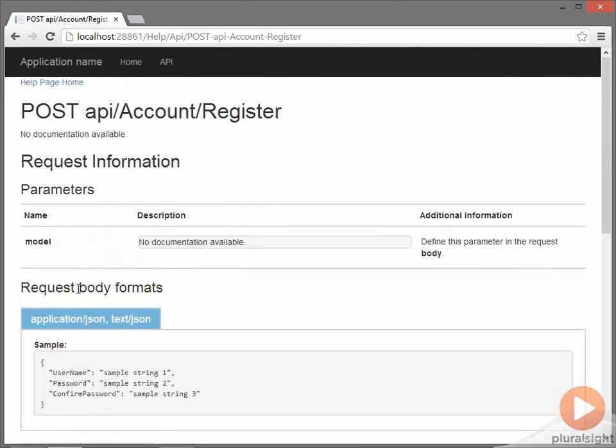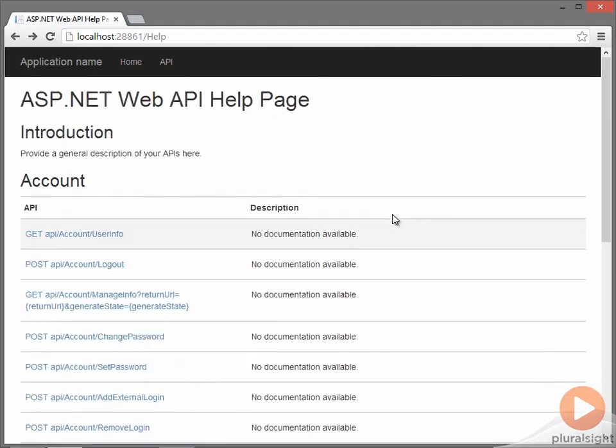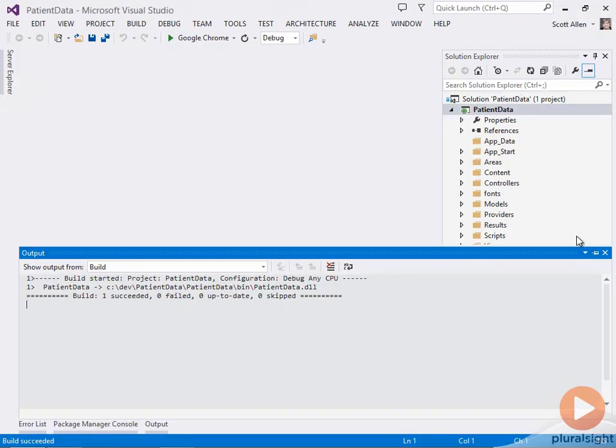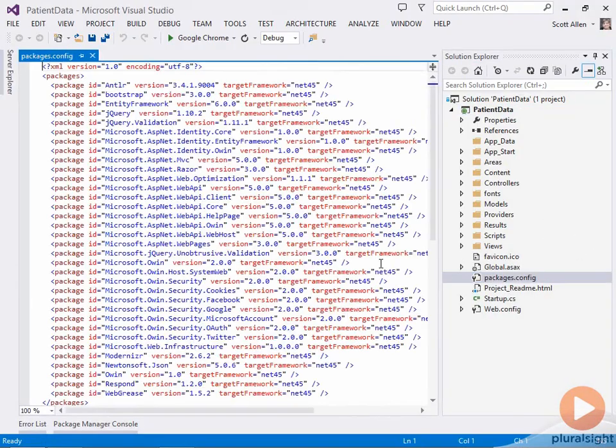And you might have two questions at this point. First of all, where does this information come from and how do I get it to work with my controllers? And the second question might be, why is there always no documentation available? So let me answer the first question first. You can have this work with any of your API controllers. Essentially, there is a package installed. This package is the